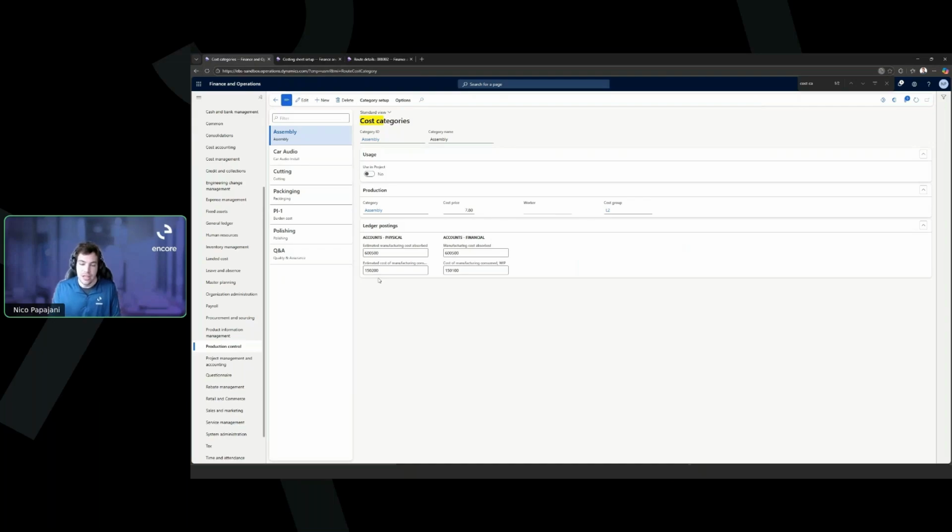So that means that any kind of WIP that's going through this route operation step when a production order is being worked on is going to be stored in these ledgers in the GL. Okay, so each cost category is assigned to the cost group, and that helps segment labor cost contributions, it helps segment machine cost contributions, and it helps give you an overhead basis for formulas if you're using that in your production